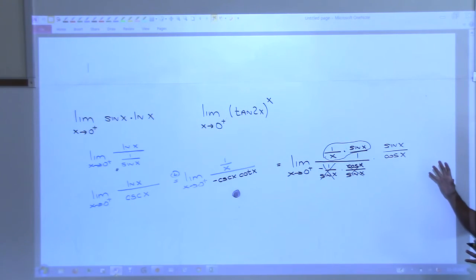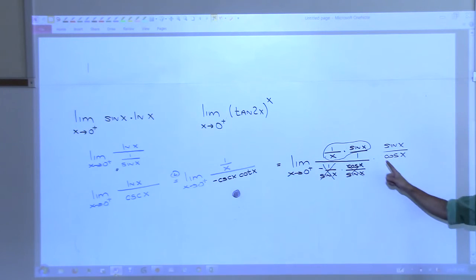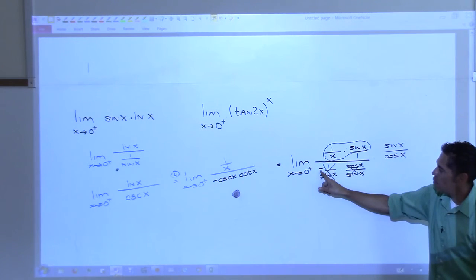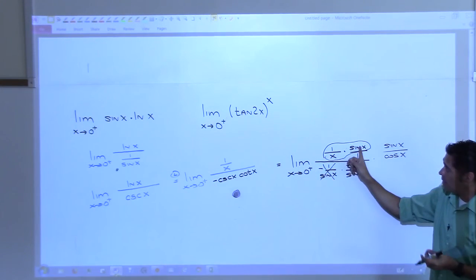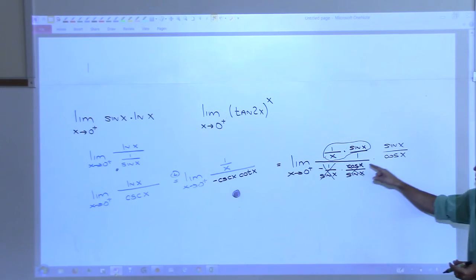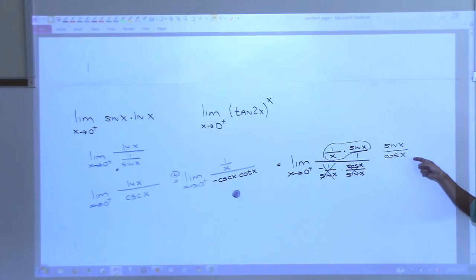So what's happening here at the end of the day is that I've got a 1 here. I've got a negative 1 here. Don't forget that negative 1's here. I've got 1, negative 1, 0 over 1. So what's the answer? 0. I didn't get rid of it. I flipped it up to the top, multiplied by the reciprocal, and brought it up like this. So look, please make sure you're doing your homework.